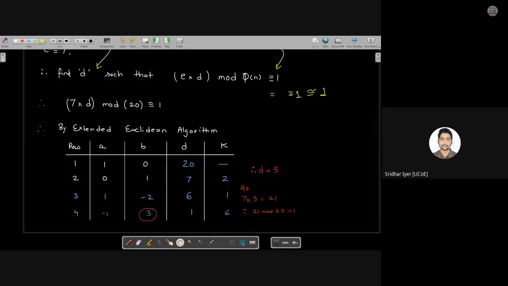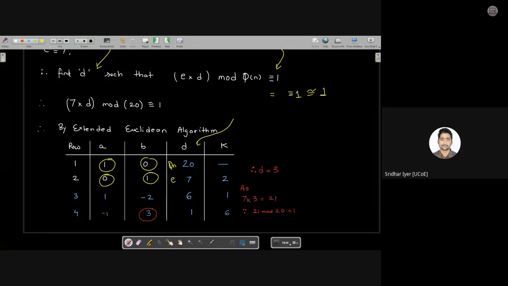Fine. What is the first step? Our first step, as you can see, I have written them in white over here. These are constant values. These are not going to change. Yes or no? 1, 0, 0, 1. What about d? This d is nothing but the first value is phi of n, and this value is e. Am I clear? Can you recollect it? Any confusions with this? If yes, kindly let me know. It's very clear, very simple enough.